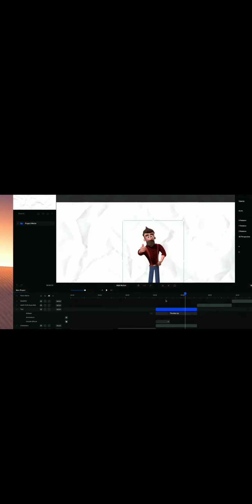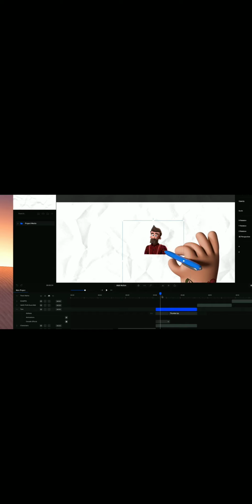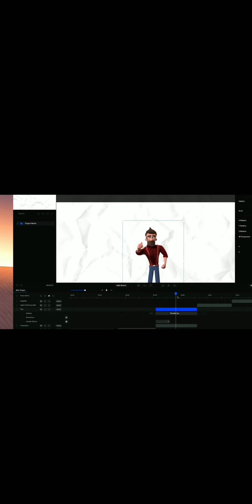And it's probably best as well if you're doing a character to have like the idle action first, so that once it's drawing it out, it's in idle, and then once it's revealed, then you have your action that you want to show, like the thumbs up or something like that. Okay, cool. So for the text,